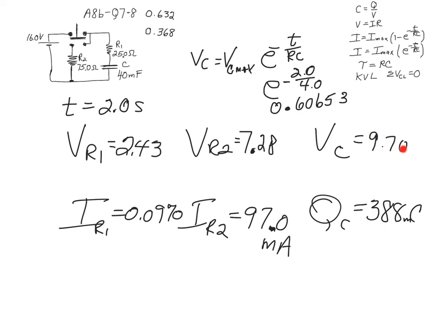So the 16 volts will have dropped by this factor. So I get 9.7 volts across the capacitor, and I can use that to calculate how much charge is there now. So it's gone down to 388 millicoulombs of charge, using the Q equals C times V, right? And then the current was 0.16, and so the current is also going to decay, so you take the 160 milliamps that we started with, and multiply by this, and I got 97 milliamps, or 0.097